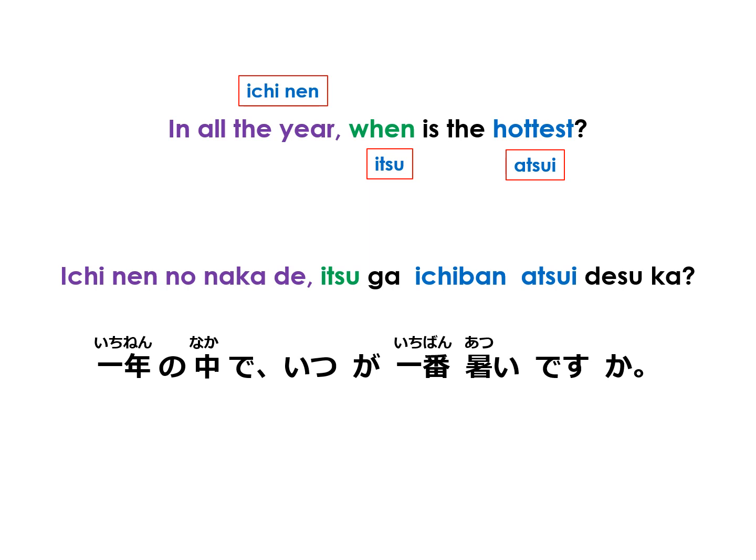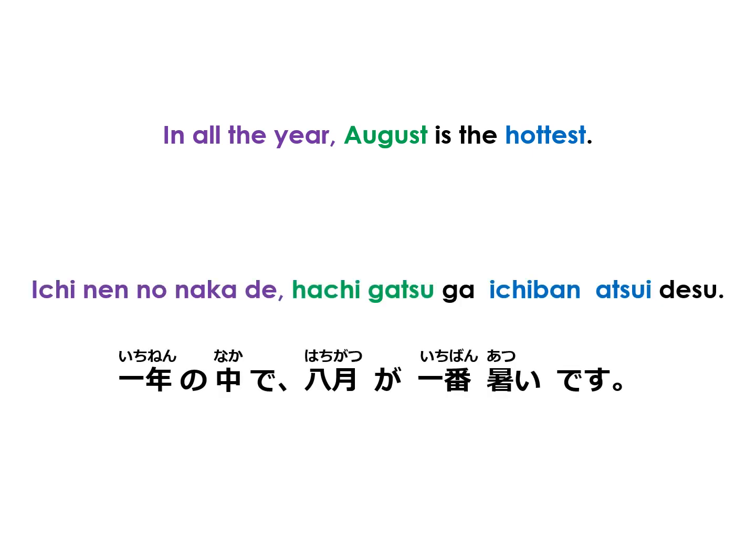The question can be asking for the season or month of the year. It's not very specific, as itsu or when sounds general. Let's say the listener chooses to answer using month of the year. So we have this sentence. In all the year, August is the hottest. In Japanese, we say, 一年の中で8月が一番暑いです。